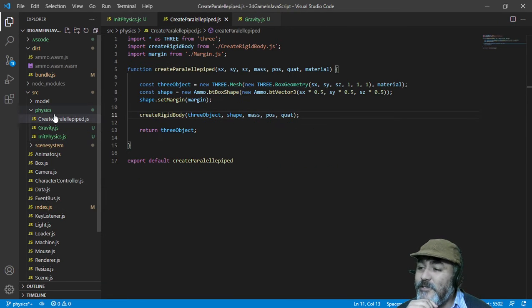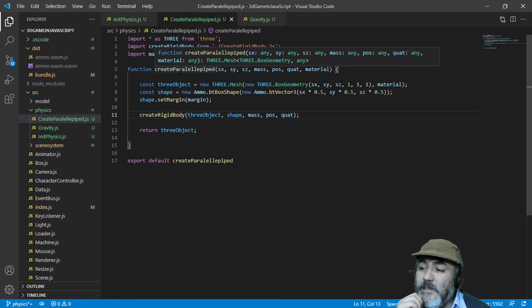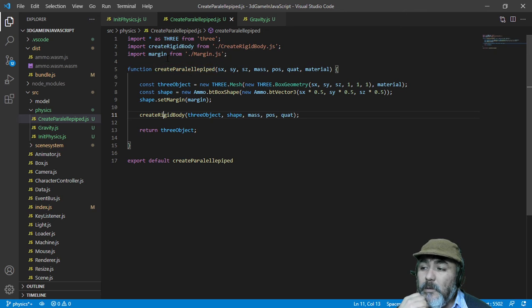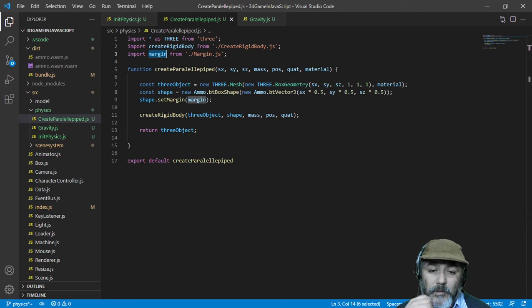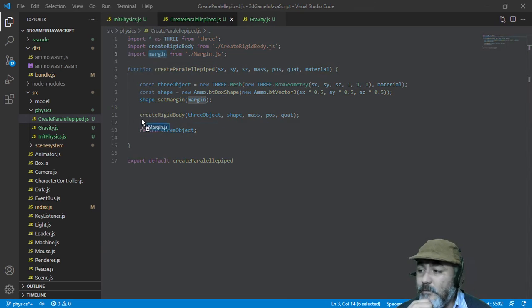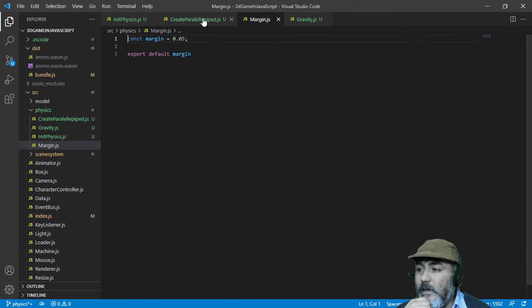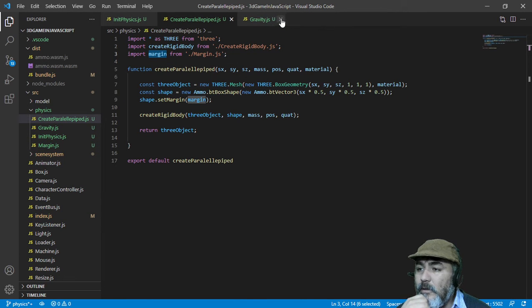So in order to create parallelepiped shapes, we need a margin module, which is another configuration file. So I will close this one. You'll see it did create the mesh, and as you know, with a geometry